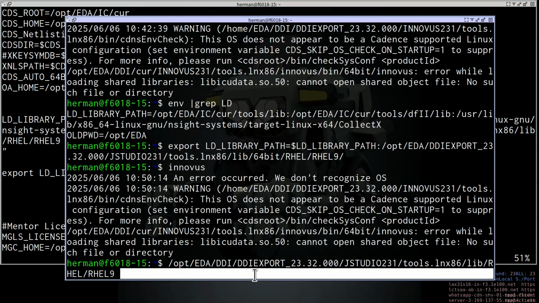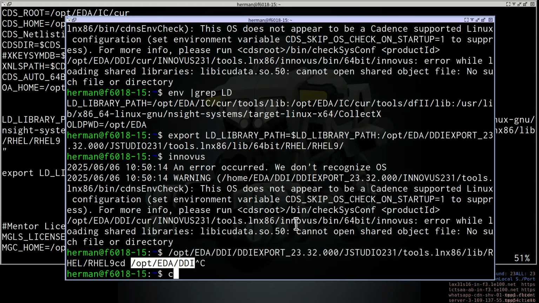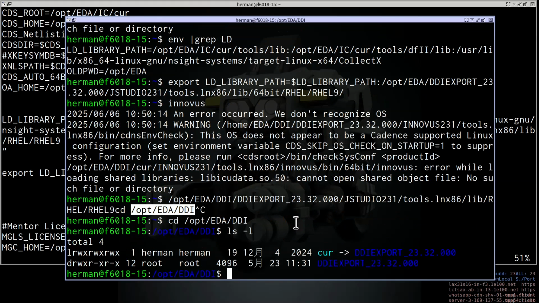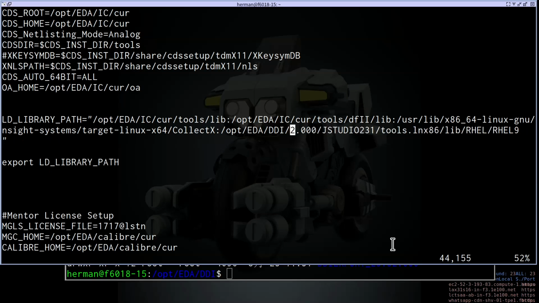Basically we do not add this here, because if you go to opt eda, let me show you what happened. If you go to opt eda ddi, you will see this is a link to DDI export, right? So we need to change this to current, CUR.